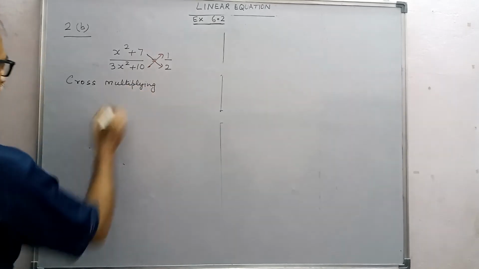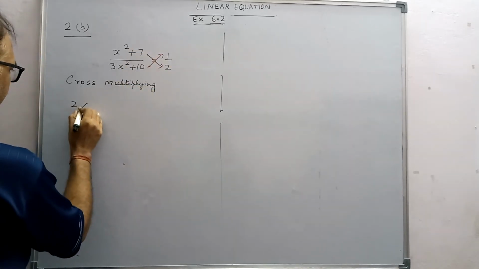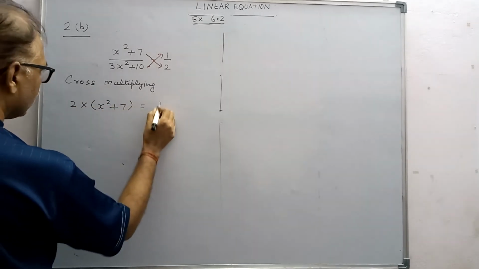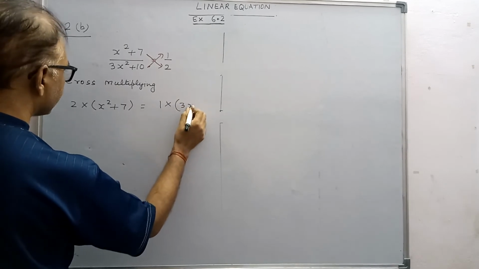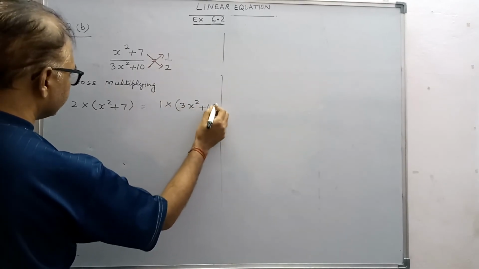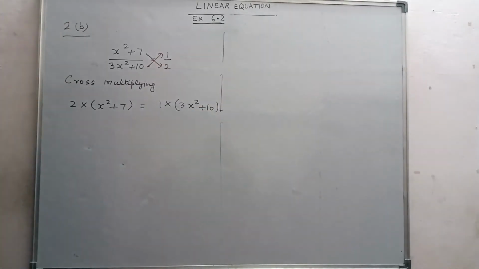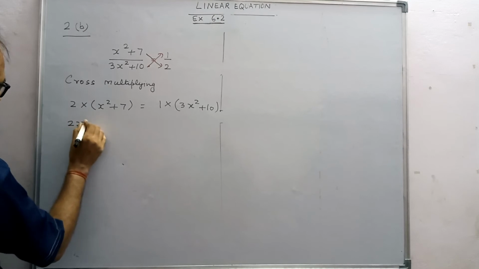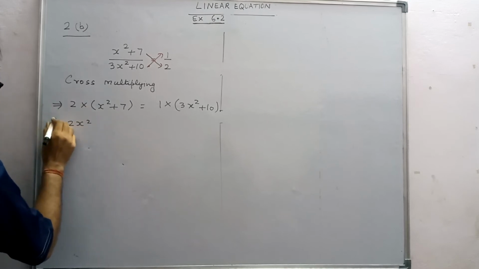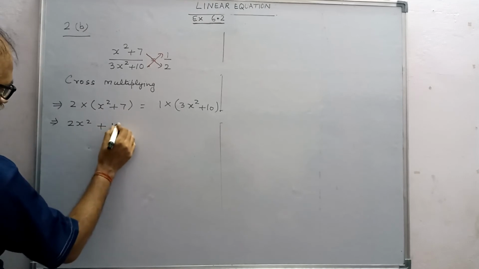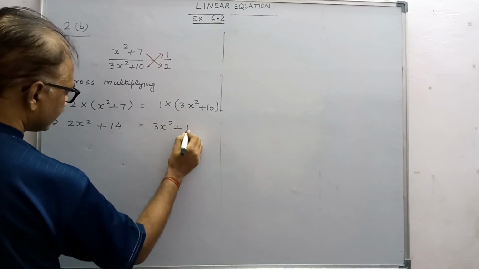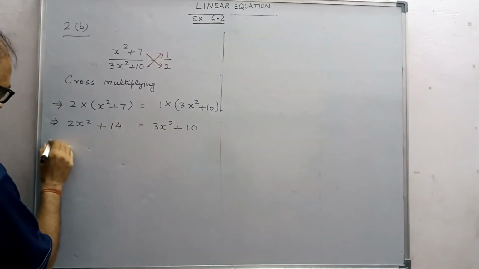And when you cross multiply, you will get this multiplied by this, 2 multiplied by x square plus 7 is equal to 1 multiplied by 3x square plus 10. So here you see, when you open the bracket, you will get 2 into x square, 2x square, plus 7 into 2, 14. Other side you will get 3x square plus 10 into 1, that is 10, transpose 3x square that side, this